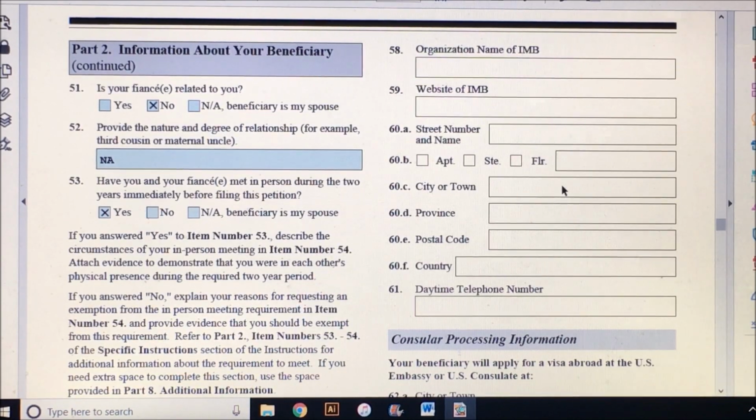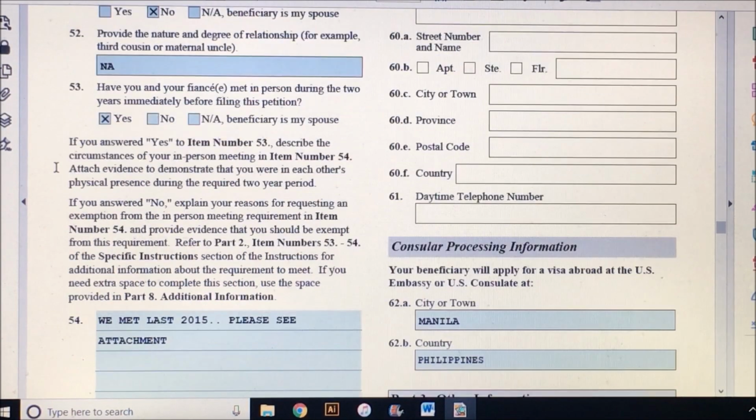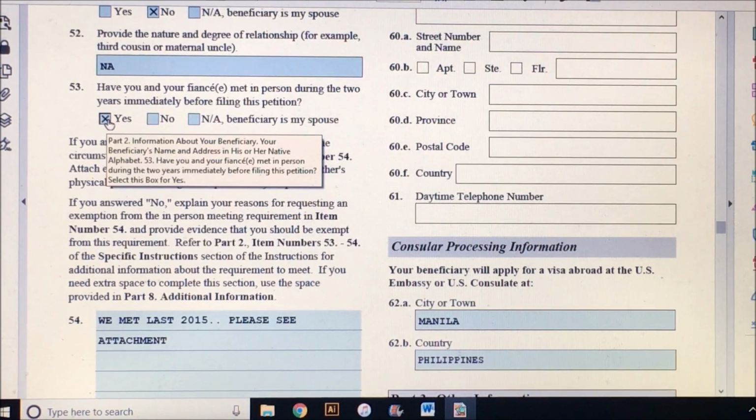51 to 52, are the petitioner and beneficiary related? This should be answered with yes only if the couple has a known familial relationship, such as second cousin. So just indicate no, then NA. Then 53, have you and your fiancé met in person in the past 2 years? The answer to this question should be yes, or you will need to seek a waiver of the in-person meeting